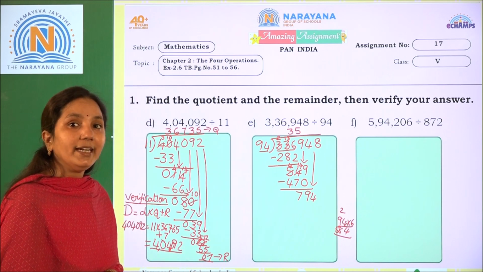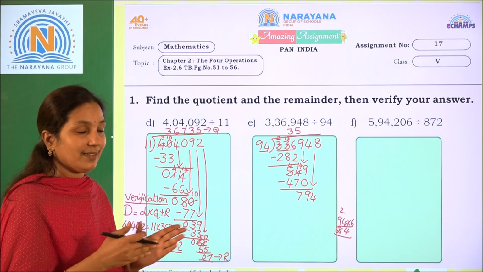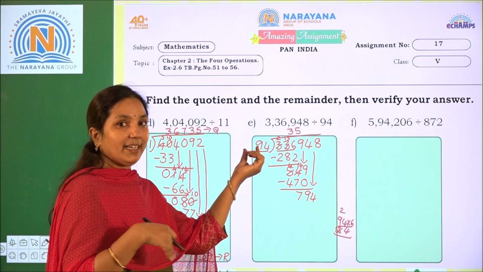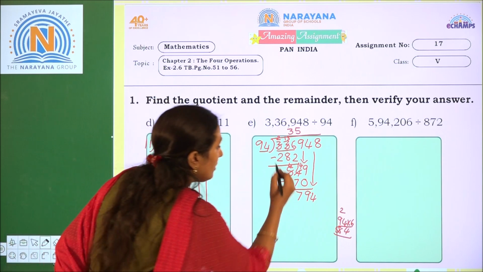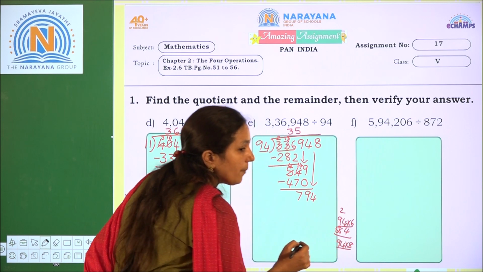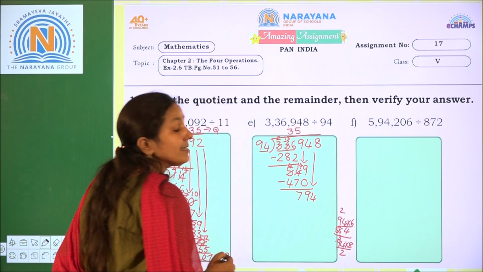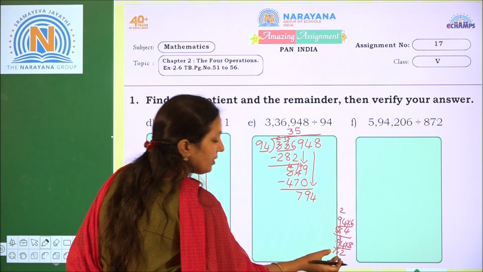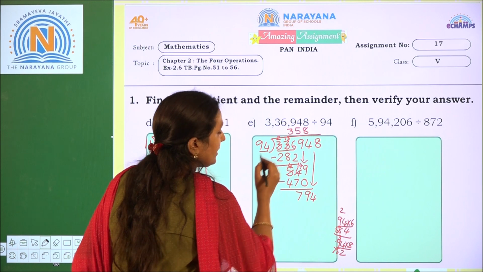794. So how many times can we take approximately? Can we take 9 times? No, 9 nines, just think of 81. Now we cannot take, it will be greater. So can we take 8 times? Okay. So 94 into 8. 8 fours are how much? 8 fours are 32, 3 and 8 nines are 72. 72 plus 3 is 75. So it will be less than this number. We can take how many times? 8 times. 8 94s are 752.